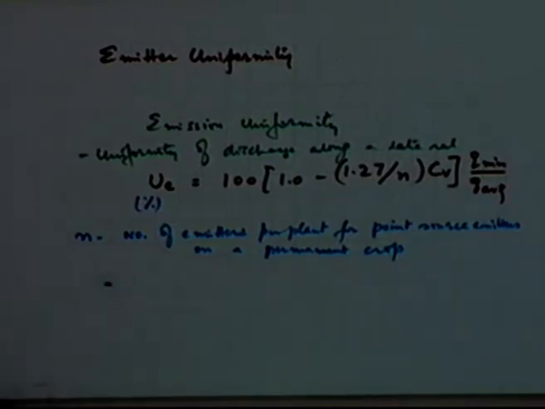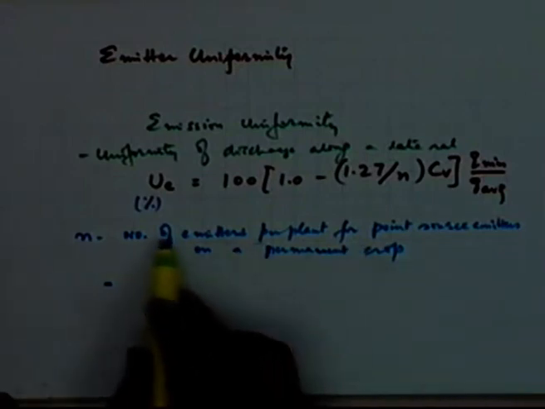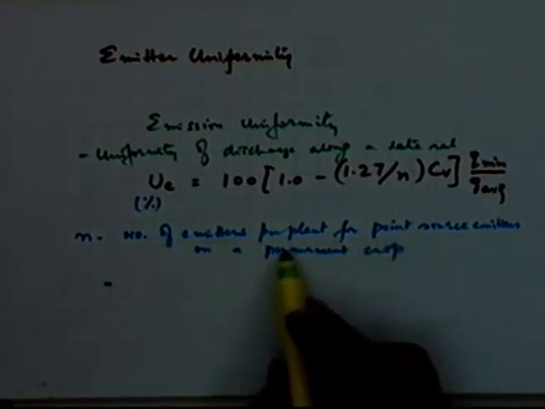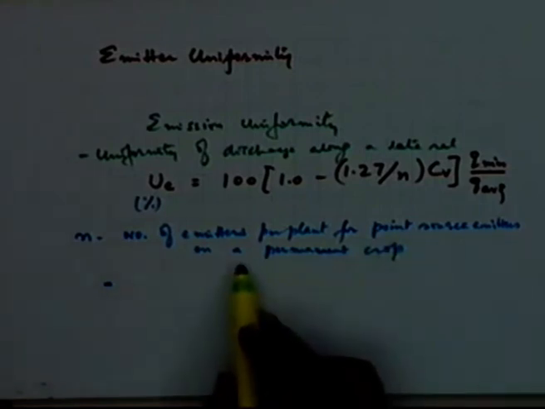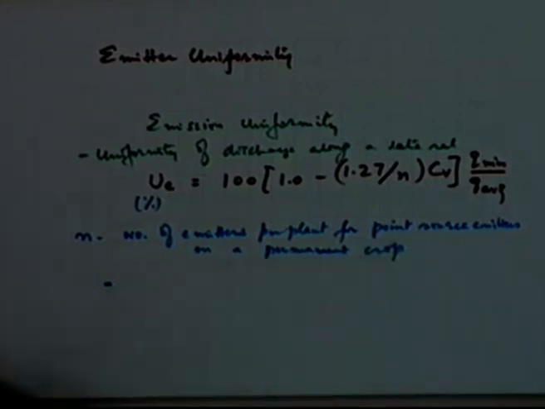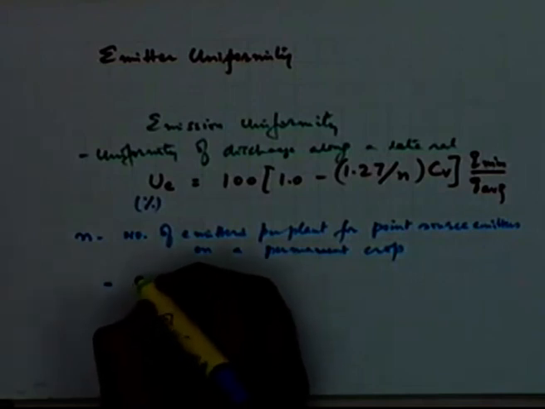Or N can also be, well, there is one case: either N will be this if you have used the point source emitters on a permanent crop, or